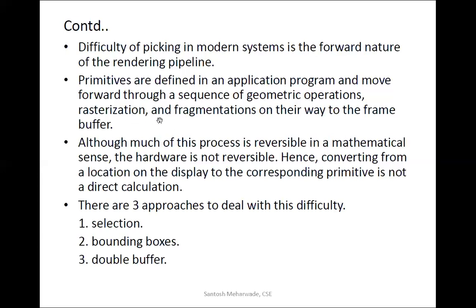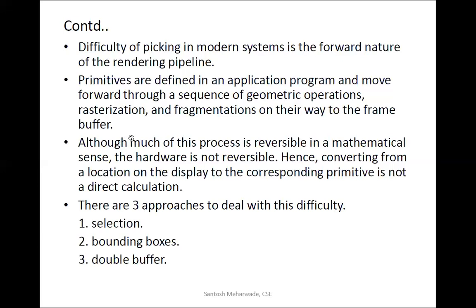Because of this forward nature of the rendering pipeline, we can't convert the pixels back to our vertices form. Although much of this process is reversible in the mathematical sense, the hardware is not reversible. If we take paper and pen, we can perform this operation, going from pixel form to vertices form, with the help of mathematics, just by determining the location of x and y.